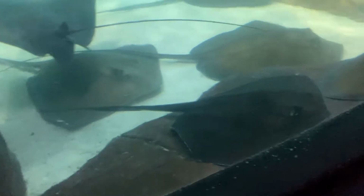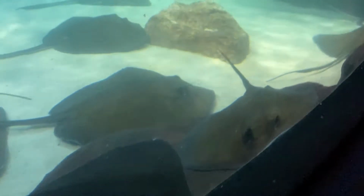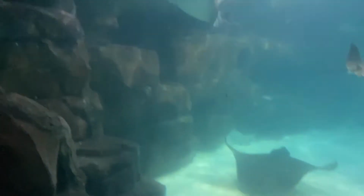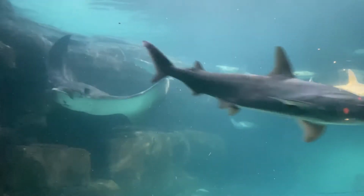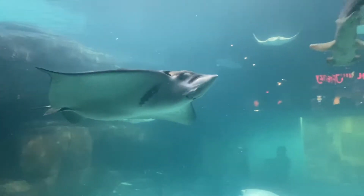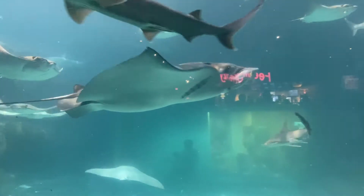The shark exhibit was probably, if you took the sharks, the penguins, and the stingray tank out of the aquarium, there would probably be like 3 or 4 big tanks at that point, and they wouldn't be that exciting. They would just be community saltwater tanks, which some of them are cool. They had some cool schooling fish, but really like